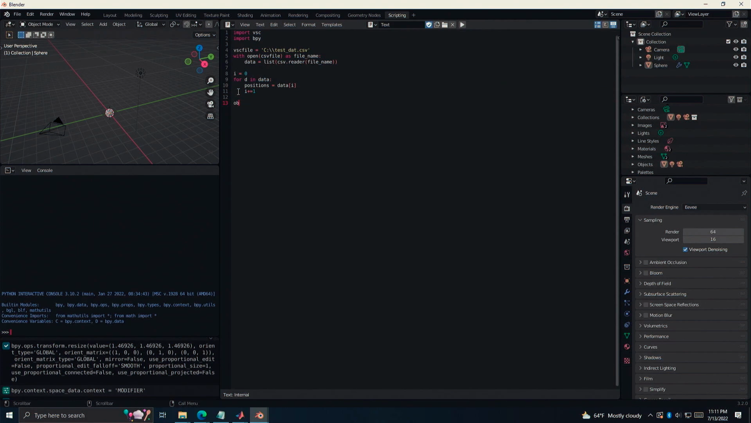Cool. So you need your object is equal to bpy.data.objects, and then this is going to be whatever your object is named in this collection here, this viewer. So mine is sphere, so it's going to be sphere here. And then you need to set your frame number to 0 or 1, whatever you want, doesn't really matter. And then you're going to do for position in data. So that's going through everything